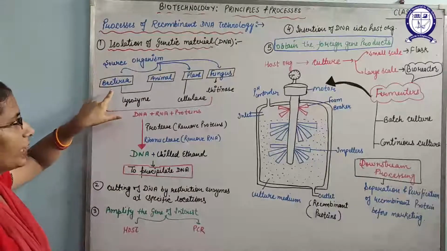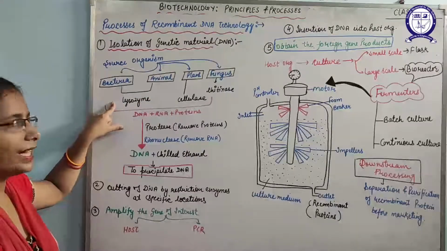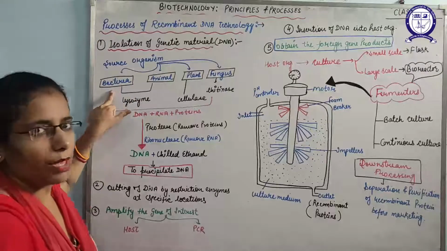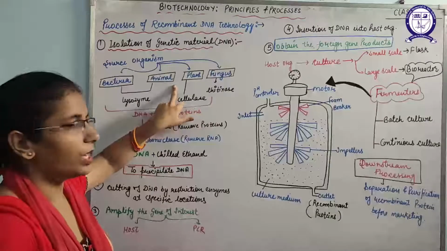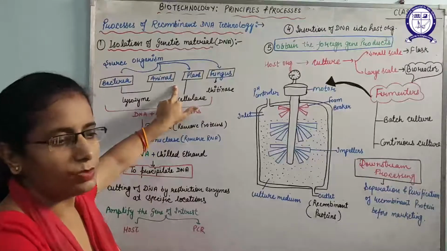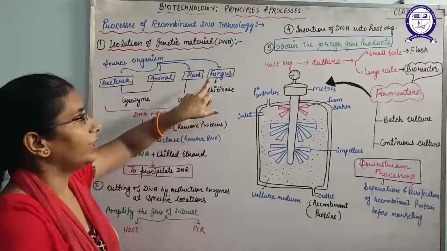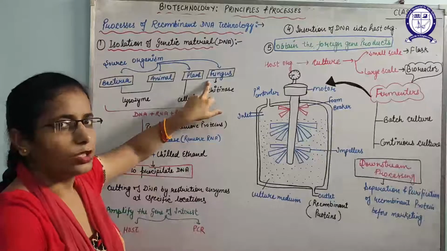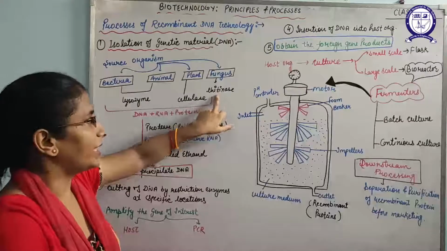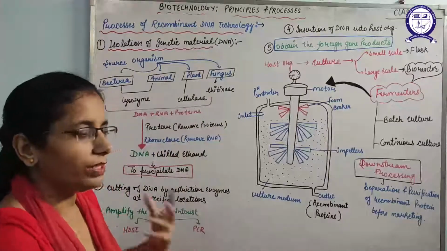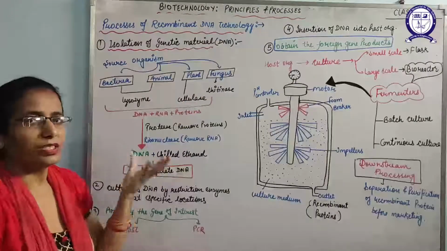If we have to take the genetic material of bacteria or the animal, we will use the enzyme lysozyme that will break down the plasma membrane or the cell wall of the bacteria. But if we are obtaining the genetic material of the plant, the cell wall of the plant is made up of cellulose. So we require the enzyme cellulase to break down that cell wall. And if we are taking genetic material from the fungus, fungus cell wall is made up of chitin. So we will need the chitinase enzyme to break down the cell wall. So it will depend upon the cell walls of the organisms from where we will take the genetic material.